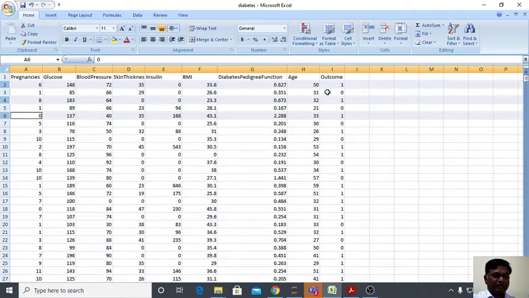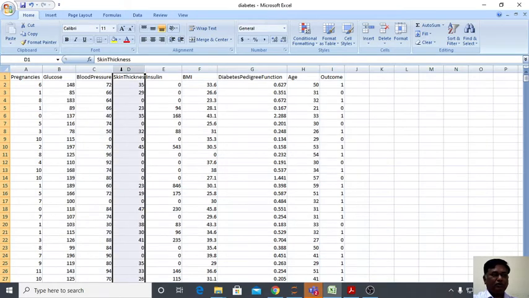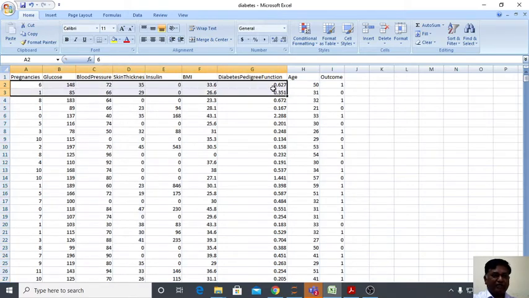From that, 1 means whoever has diabetes, that data will be separated and the mean and standard deviation of each attribute are calculated. That is for the 80% data set. Then the remaining 20% data set is for testing accuracy. One data item from test data will be taken and tested. Based on the training from this available database, the testing will be performed. Based on that, accuracy is calculated in our lab program.